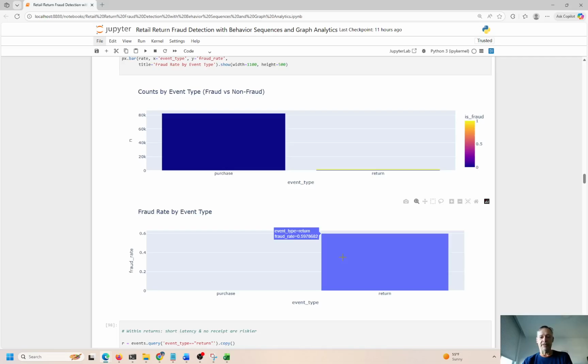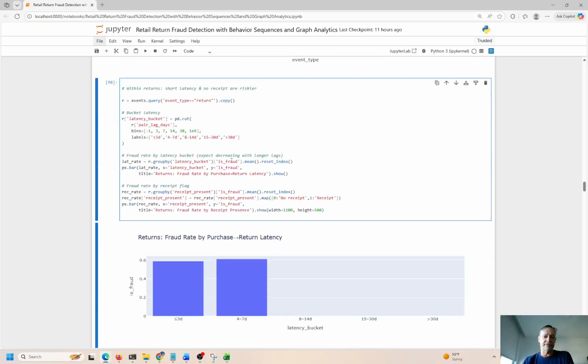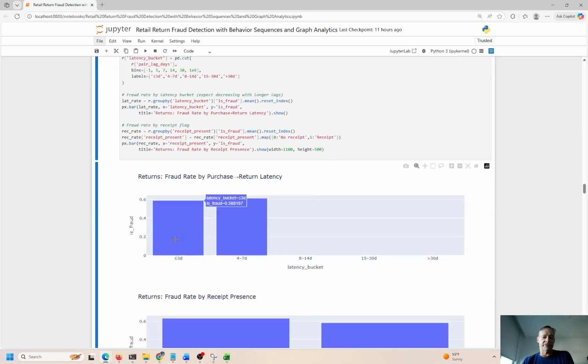Yeah, 60% of the time fraud. Purchases, 0% fraud. Okay. So returns with a short latency or no receipt, Control Enter to run. So less than 3 days could be fraud. 58% of the time this is fraud. 61% of the time the fraudster waits between 4 and 7 days. There is almost no fraud if the person waits 8 to 14 days, 15 to 30 days, or greater than